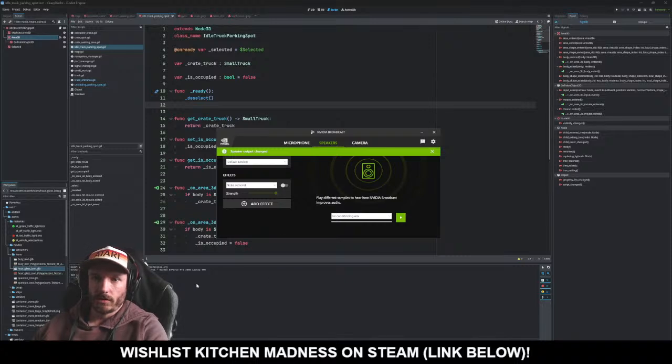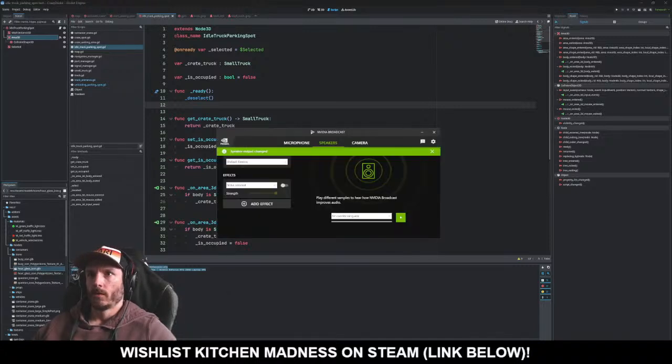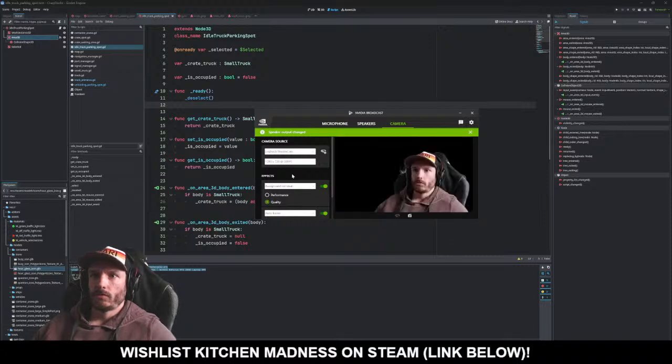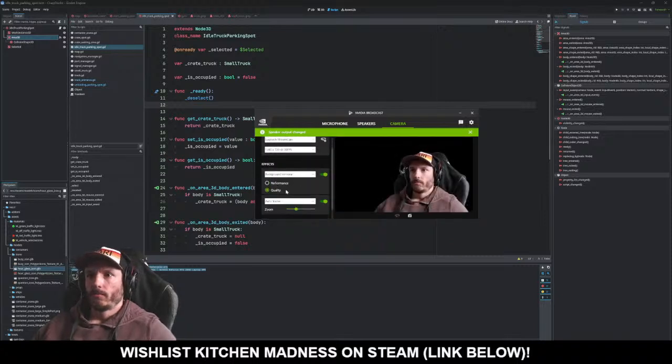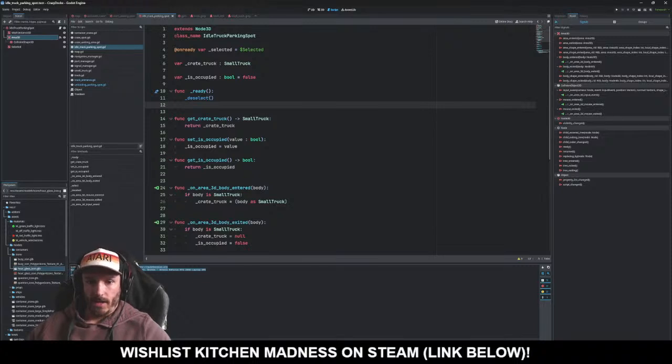I do have an NVIDIA GPU, as you guys can probably see over here. And this is awesome. You just add a filter here, background removal. Of course, not perfect or anything, but you do add that, and then hey,